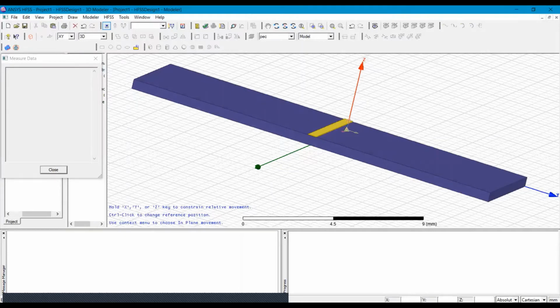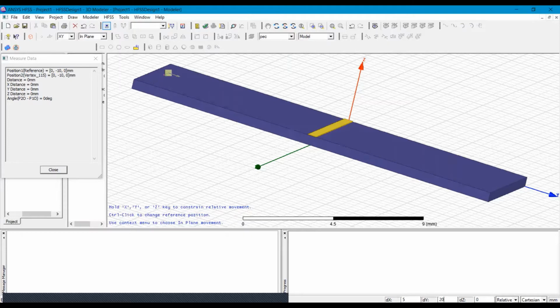That will be the same as the coordinates of the substrate: 0, minus 10, and on the z-axis it is 0. You can see the initial coordinate on the screen. Now dx will be the same, 5. This is the width on the x-axis, and dy is 20.